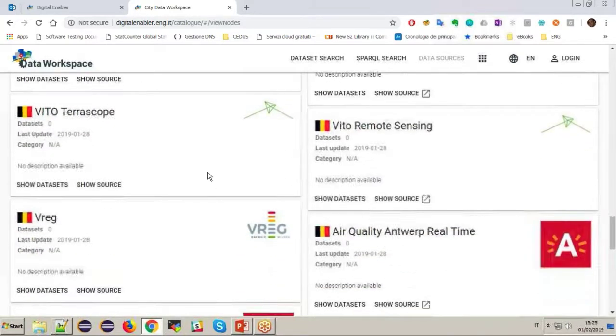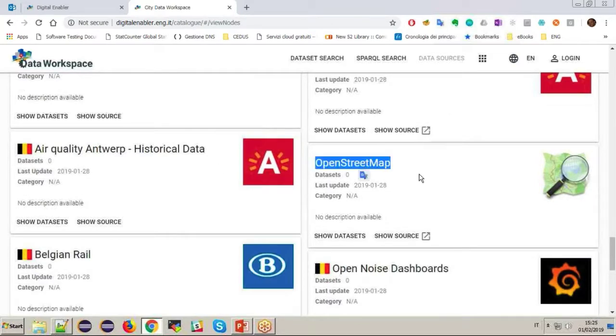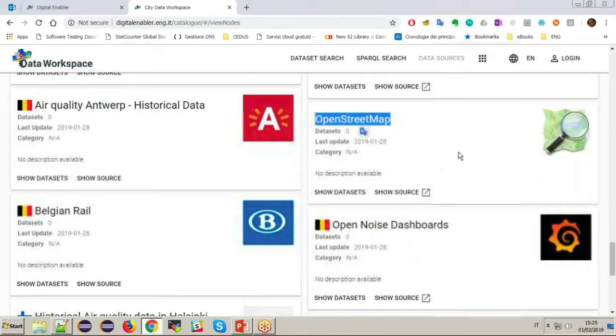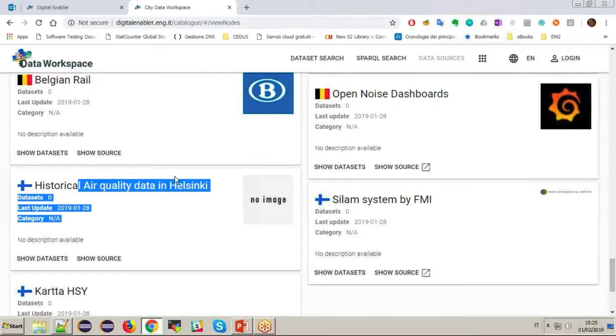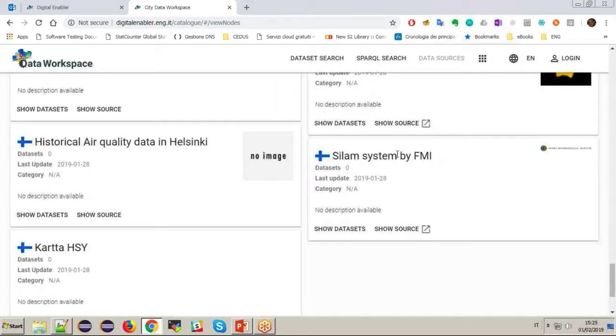the list of civic issues in Helsinki, and a lot of other data. We have the OpenStreetMap data already available, the historical air quality data in Helsinki also, and other HSY data in Helsinki also. So all of these are data that you can exploit just now for your use cases, for your applications. But of course, here I repeat, if you find other interesting data sources, you can report them to us, and we can add them to